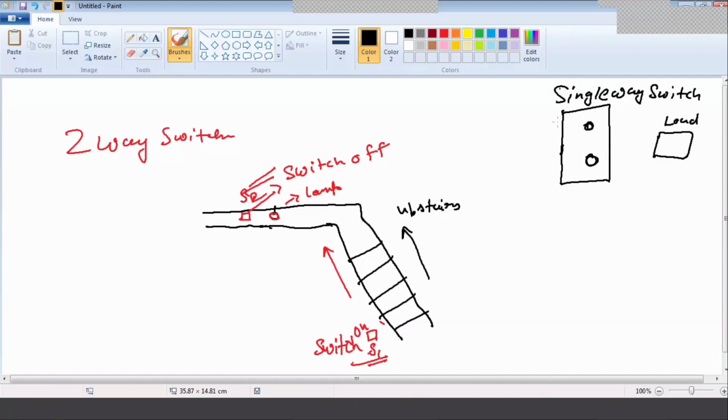So what you will do, the phase wire will come here. You will connect the phase wire here, and that phase wire will go to this one. And from this one, the neutral wire will be coming here, and this is called neutral. So neutral will go here. So likewise, the circuit will be completed.